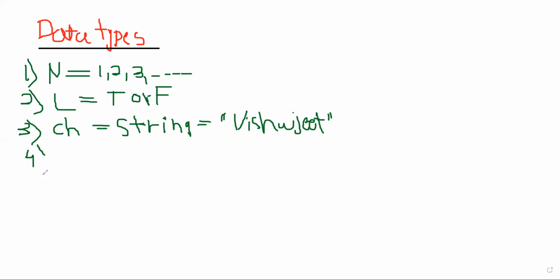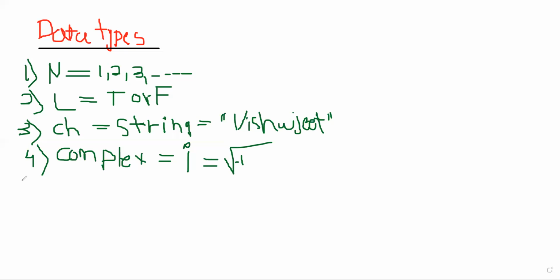Then the fourth type is the complex number. What is a complex number? When we have any imaginary value in it, and how we denote it in R is by writing i. i means what? Square root of minus 1. It's an imaginary part. It can be minus 10, 100,000, but basically it's a minus. It's an imaginary number because we cannot find the answer of this value.